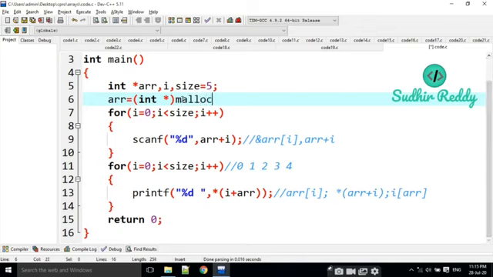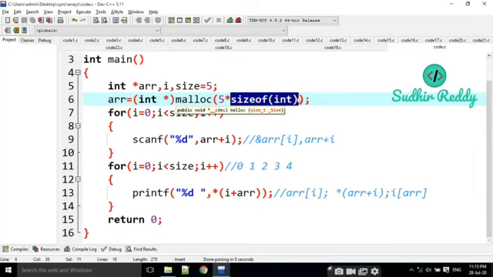I am going to allocate a star here and malloc of size, with the sizeof operator of int. I am going to allocate 5 memory locations, so 5 into sizeof int.